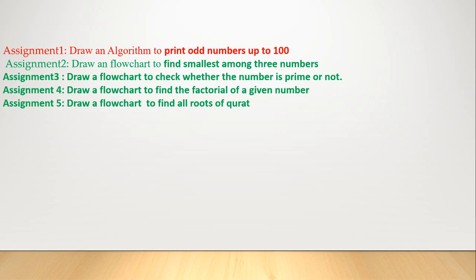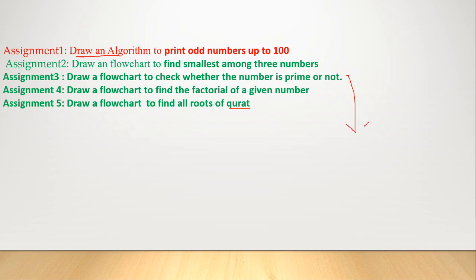Next, you have some assignments. You have to draw a flowchart to print odd numbers up to 100. The next assignment is to draw a flowchart to find the smallest among three numbers. Draw a flowchart to check whether a number is prime or not. Draw a flowchart to find the factorial of a given number, and draw a flowchart to find the roots of a quadratic equation. I am giving a hint here for